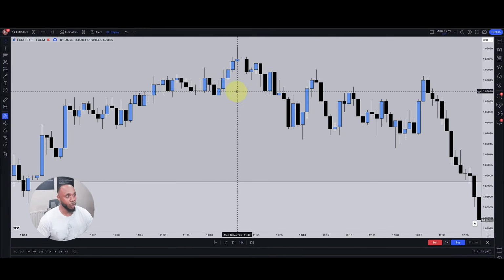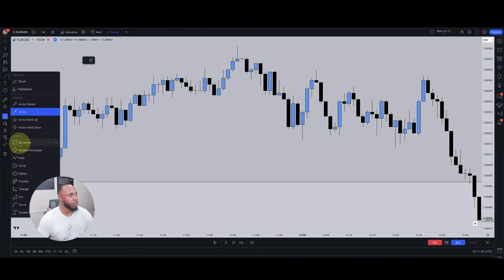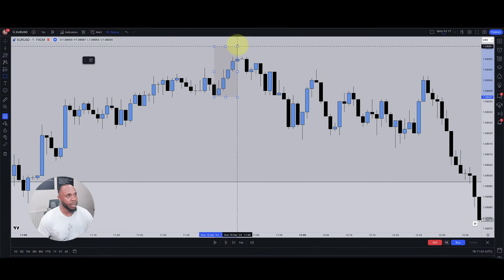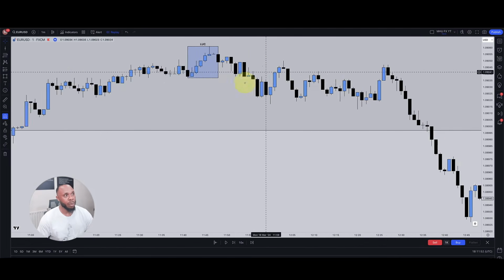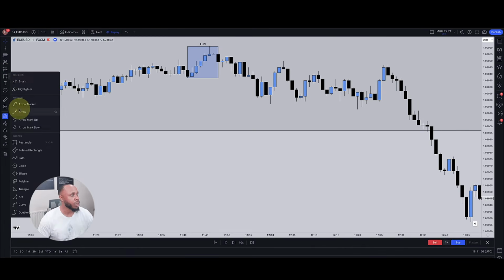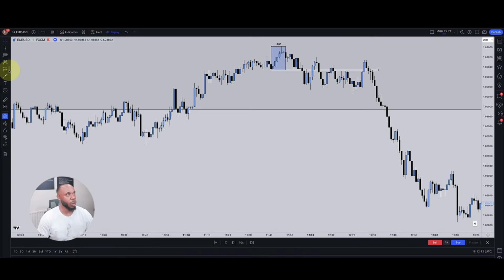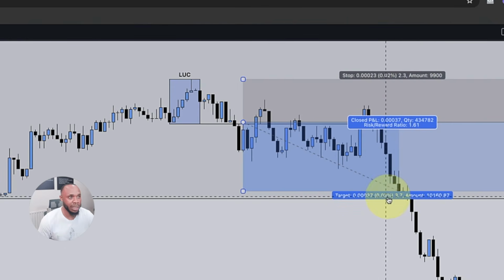What do we see? So let me zoom in. We see highs up here. We run higher and then we drop. This here is called an up close candle. This is an up close candle from here to here. We run out liquidity to the left and then we drop beneath the low. When price retraces back to this up close candle, let's go ahead and put an arrow on. This is when I'm looking to get active. Because we're on a 1 minute time frame, we're able to catch really small stop losses. The stop loss was 2.3 pips, guys.